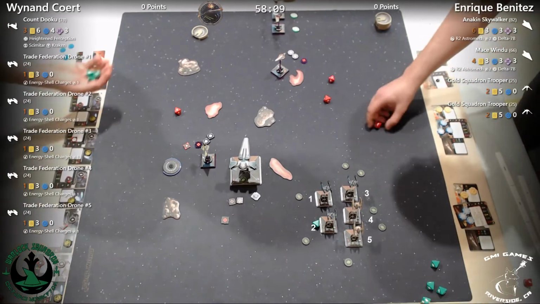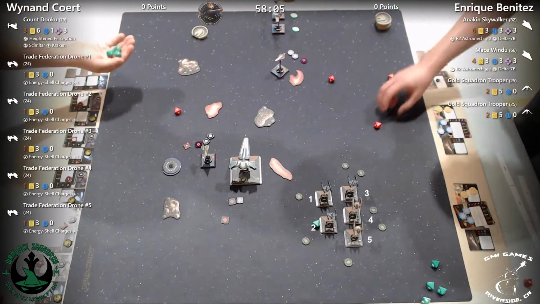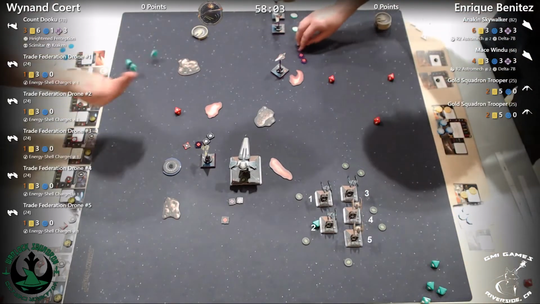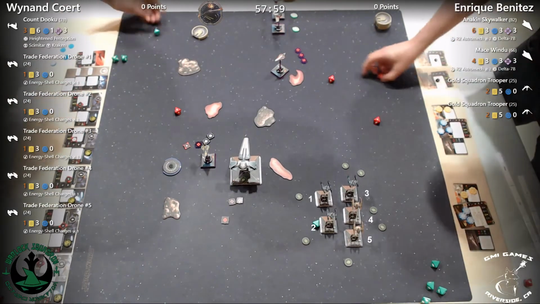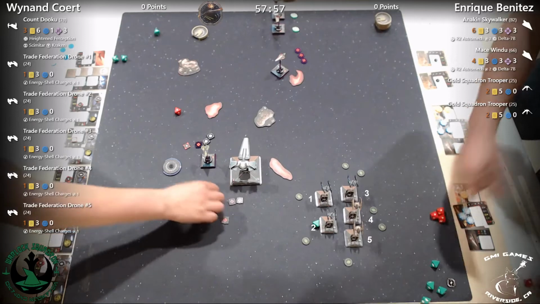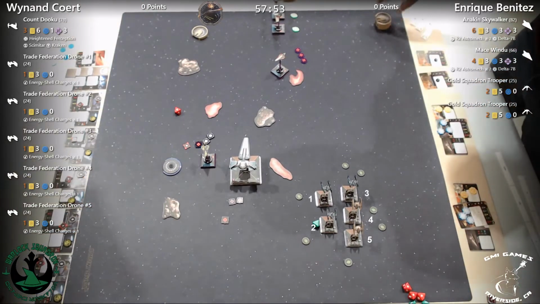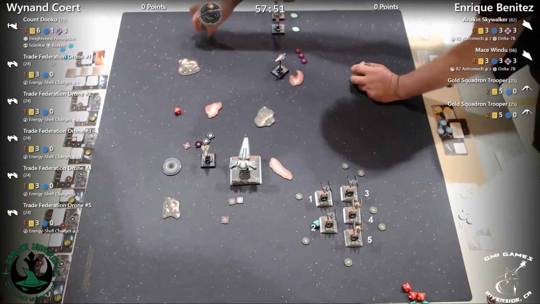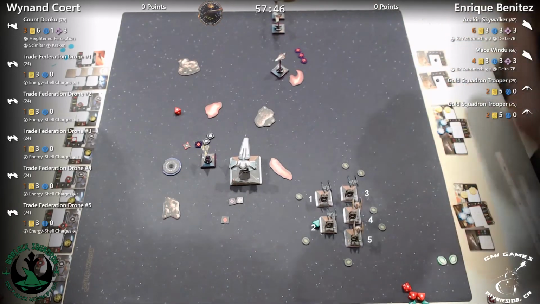And Mace Windu's going for it too? Oh yeah. Spend that target lock. Spend the force. Whoa. What? Spend a force? Oh, focus. Spend the focus. Yeah. Range 3 obstructed. Well, that's a shame, because the lock's on Anakin. Mace got aggressive there, but